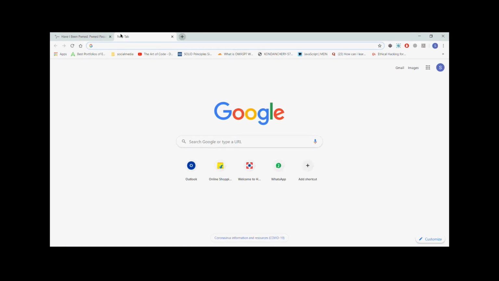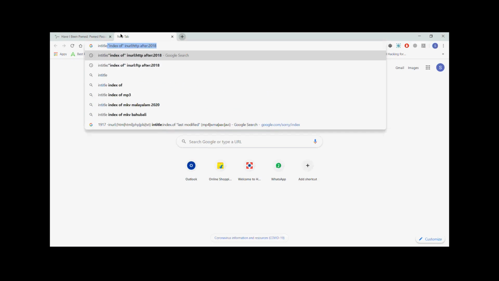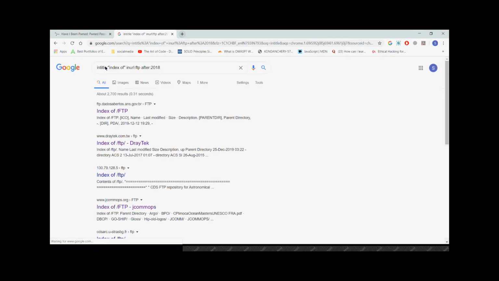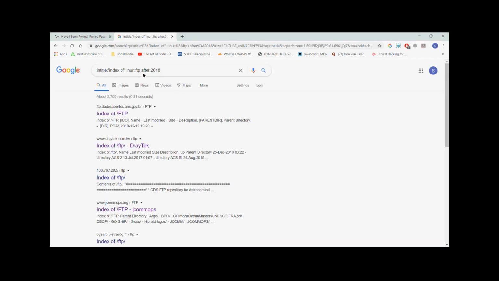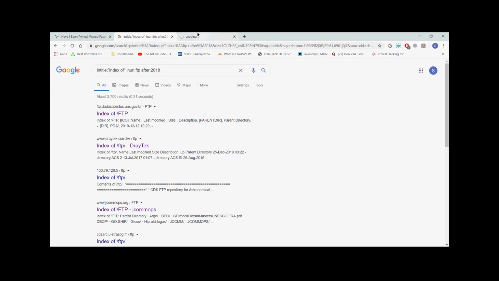I will give you a few commands showing how this hacking takes place, so you can realistically feel how our data is getting stolen. Like in the Google Doc, we will give some examples, like intitle: index of. In the URL you look for the FTP, and from which year the data should be selected. So easily you can get, for example, some countries' government websites.